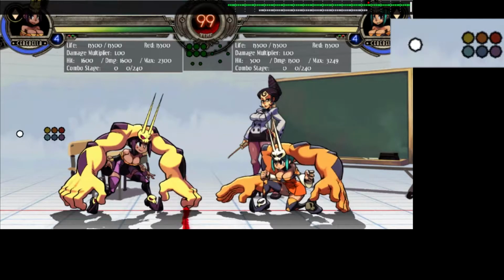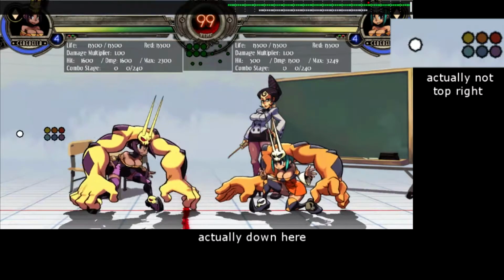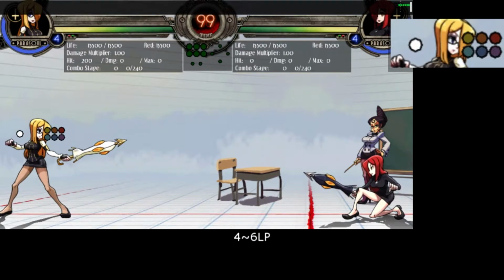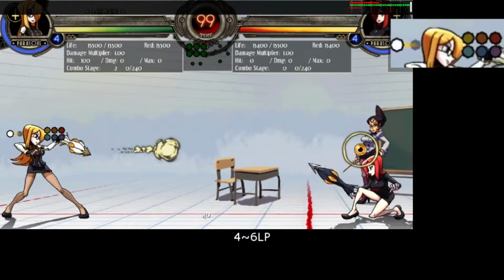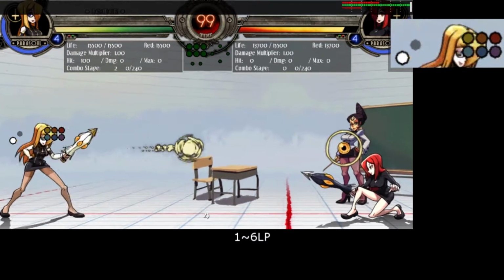I'm going to be using anime notation in the top right for most of this because of how precise some of this information needs to be. We're going to start out simple. Any input that contains back will give you a horizontal charge. This means that you can charge with 4, which is walk back, 1, which is down back, or 7, which